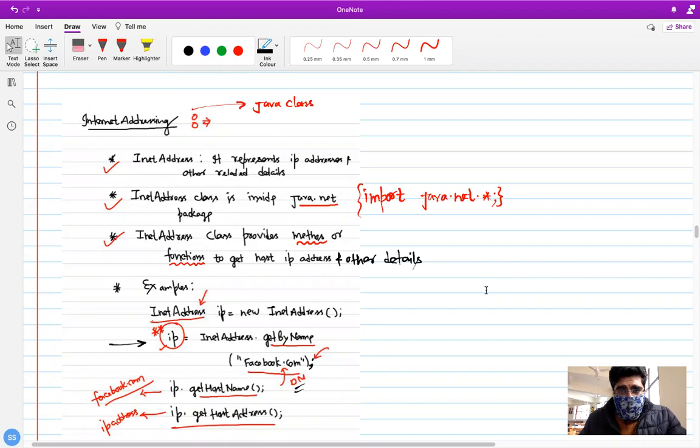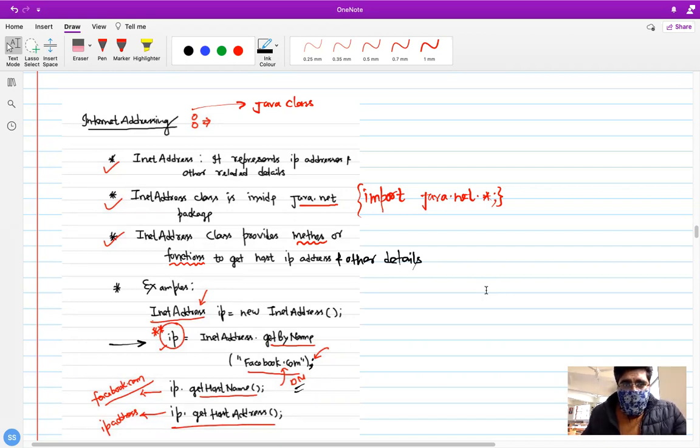This is actually the sequel lecture after part two we have already done. This is internet addressing part three video, in which I'll discuss the InetAddress class. I'll also talk about the reserved sockets and what reserved ports we have, what those well-known ports are that we are not supposed to use. So we will discuss all these things in this lecture only.